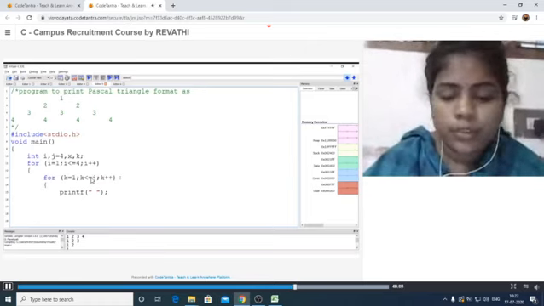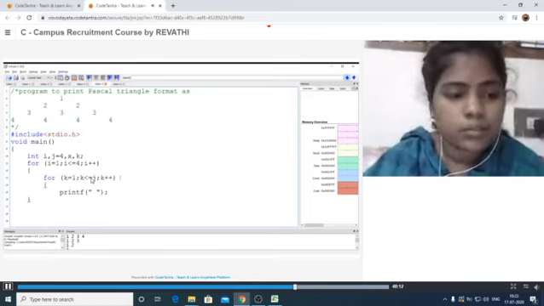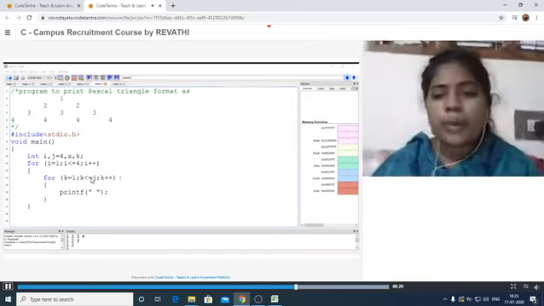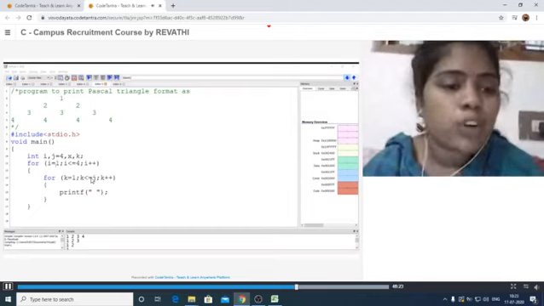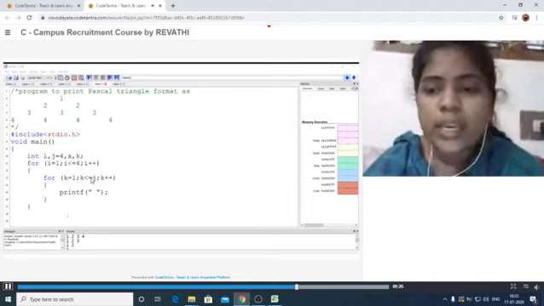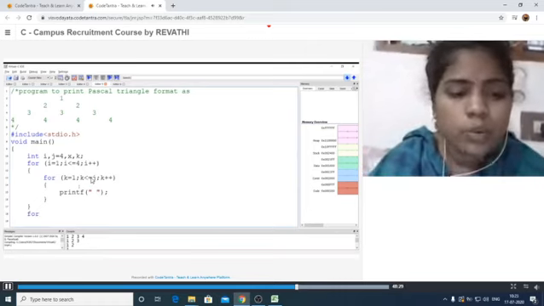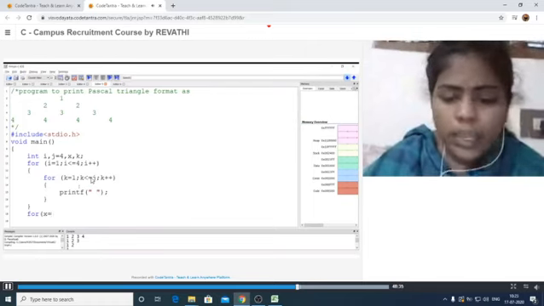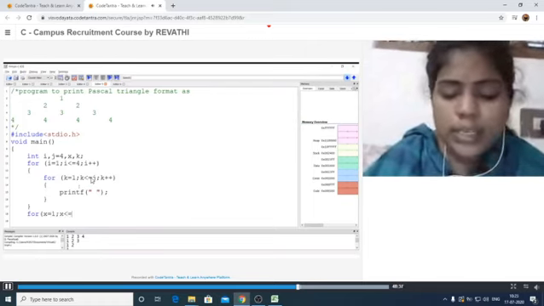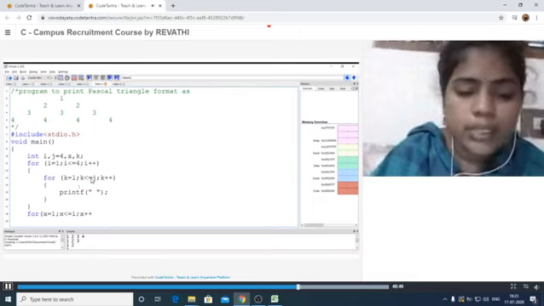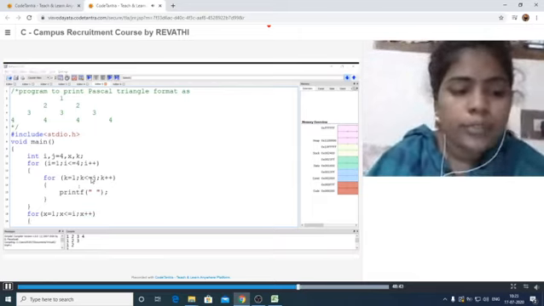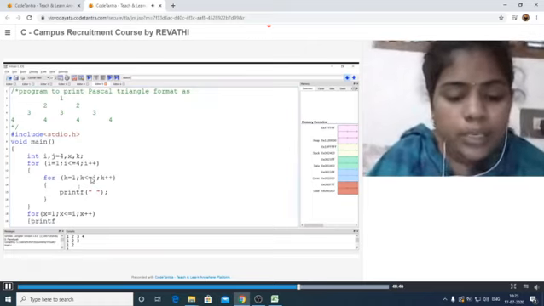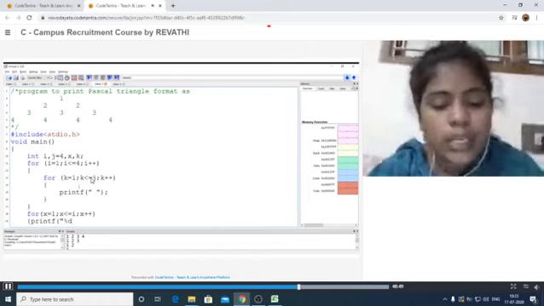For our easy identification, this is the first loop. After printing that, it has to print the value. What value do we have to print? That is the i value. Now let us take another loop. Next, x is equal to 1, x less than or equal to i, x plus plus here. After that we have to print the i value, that is printf percent d space comma i.